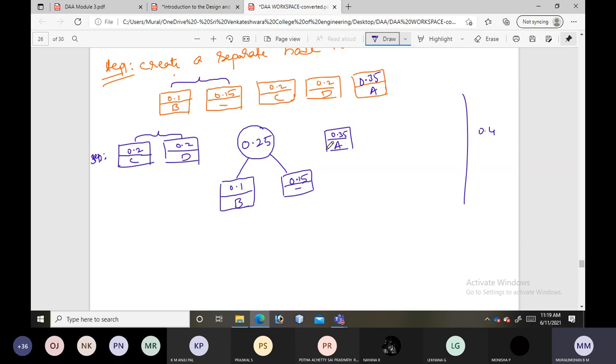Now observe here: it is 0.25, 0.35, and 0.4. When I arrange these nodes, this will come last because it is the highest value. So we write the same here.